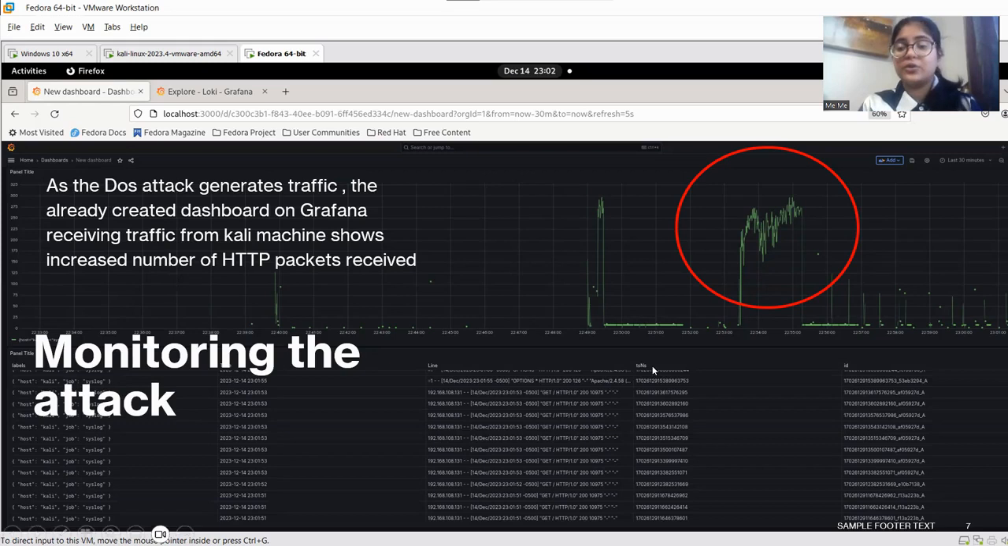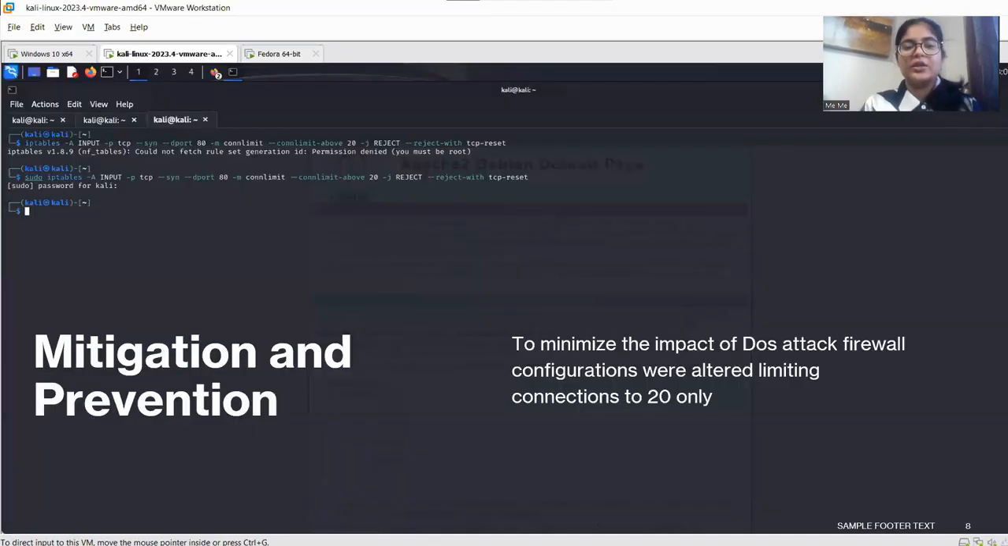Moving further, now that we know that the attack is happening, the next step is mitigating or responding to the incident. So I responded to it in a very simple way, using the firewall configuration, limiting the connections to 20. So that was used, and if I go back,